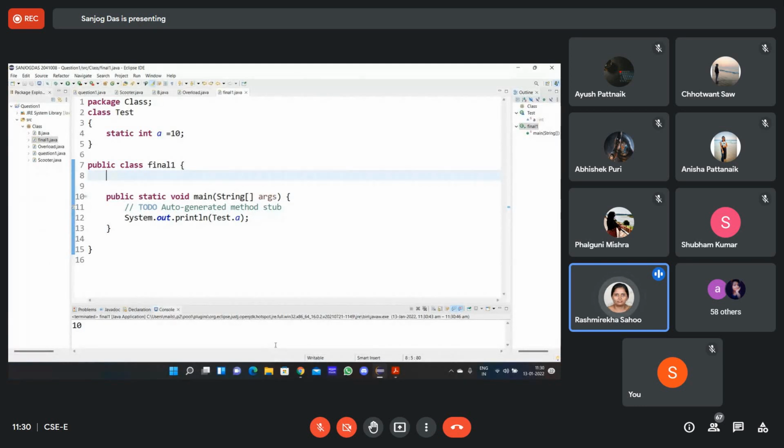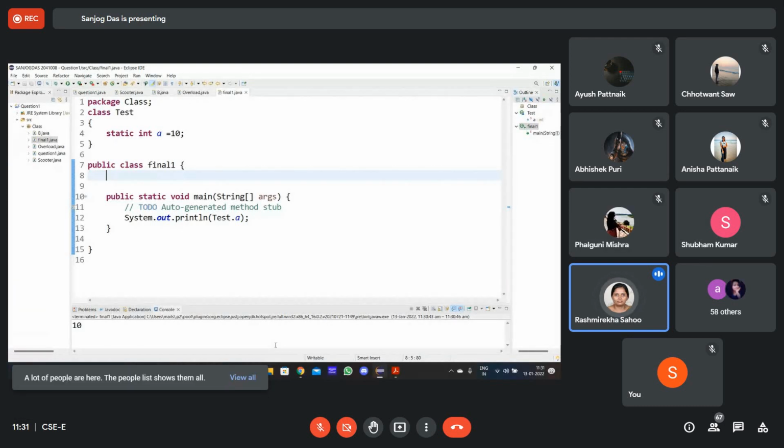Okay, so if you are using it in the same class, means in the test class you are defining it, you do one thing. First, a static variable is a class level variable, so you can access that variable through the class name.